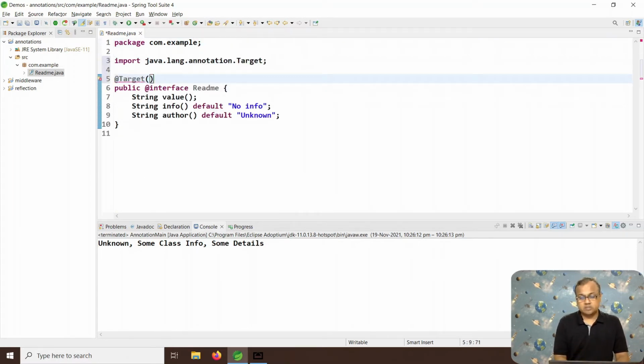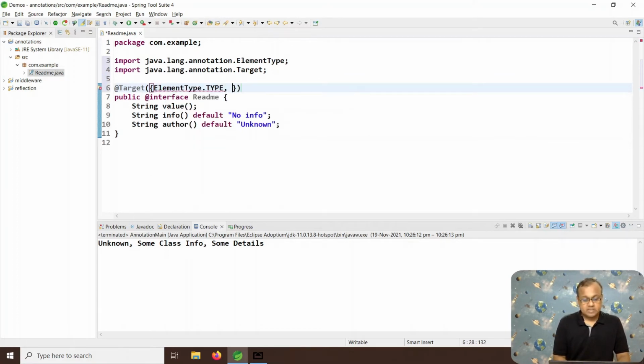In this Target annotation, you can specify multiple values like type, field, method, constructor, parameter, and so on. If I write only type, it means that the annotation can be used only at the type level, and if I try to use it at the field level or constructor level or method level or argument level, it will give me a compile-time error.